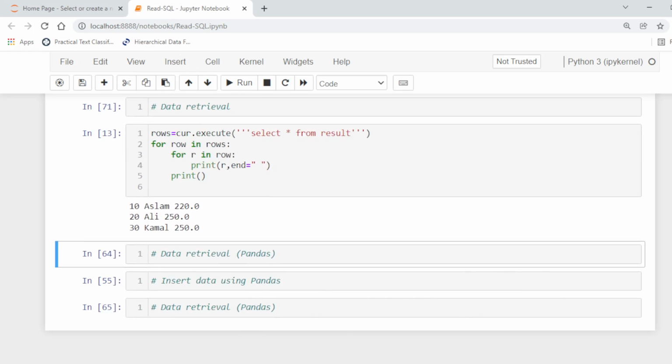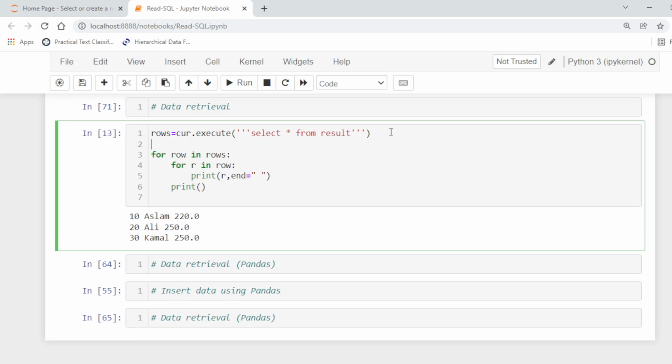If you want to extract the field names, we can use the description. For example, we can extract the names of the columns.